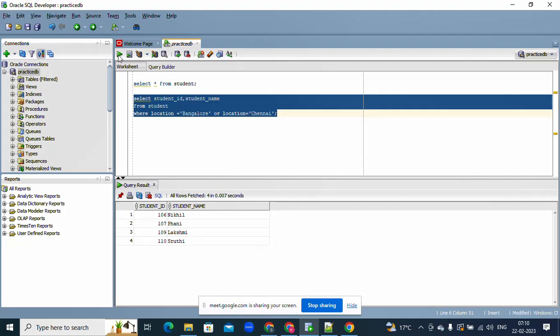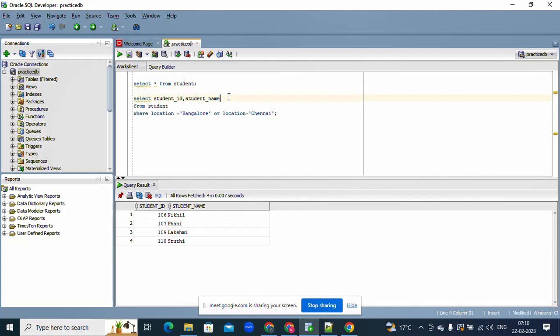So these are the people who are staying either in Bangalore or in Chennai. Student ID